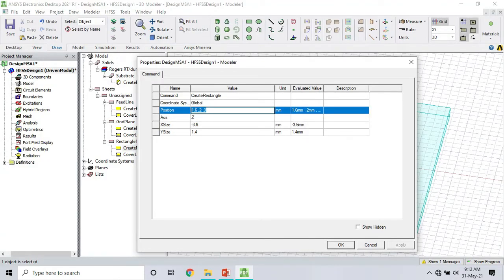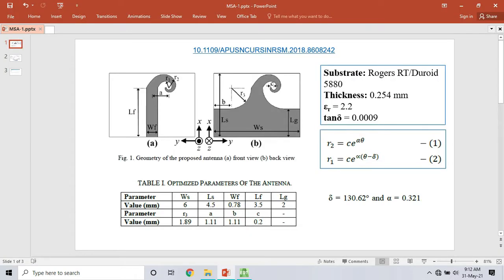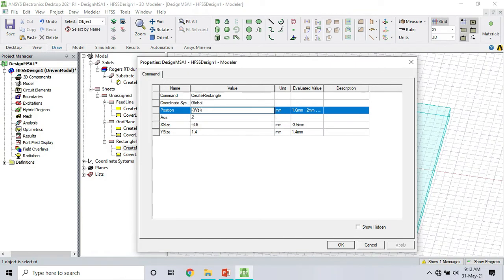On x-axis minus what will be the width? Width will be WS minus 2 times b, by 2, because it is symmetric about y-axis. It will start along y at LG and 0.